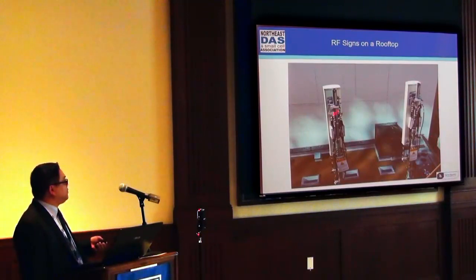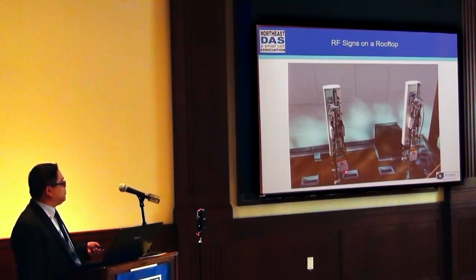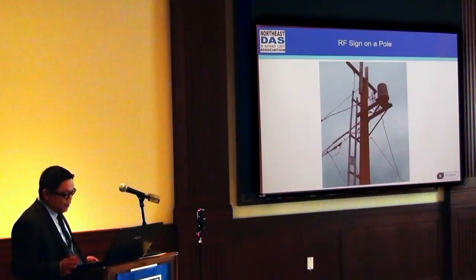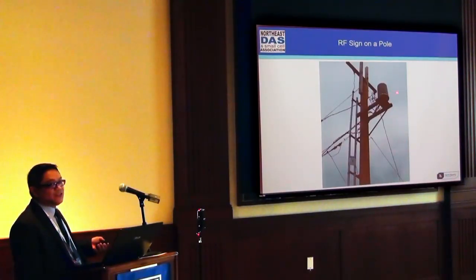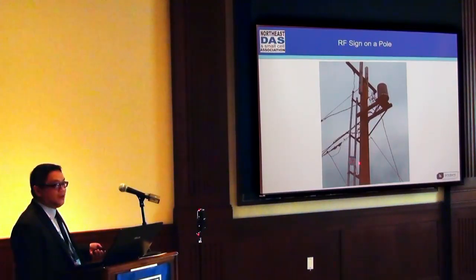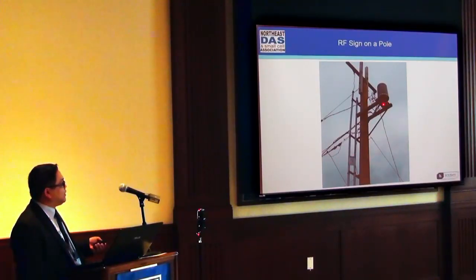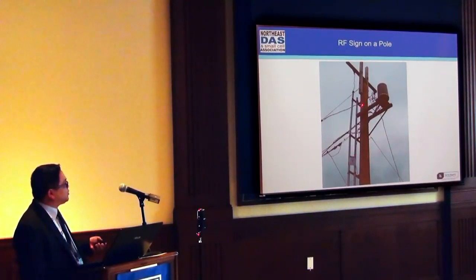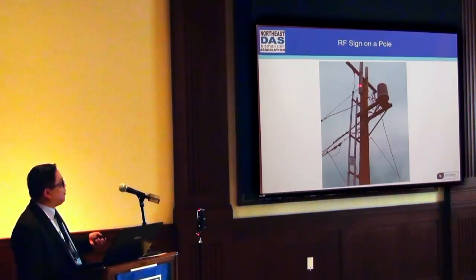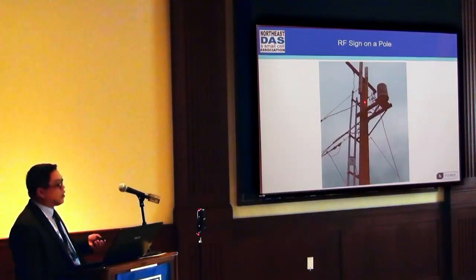Here's another example where we actually have signs on the back of the antennas. Here's an example of a canister antenna, small cell deployment. And as you can see, there is a sign over here that shows you that there is RF coming out of the antenna. So that when somebody works on this power pole, especially above here, you'll see that they need to turn off the antenna before they can actually work on the pole.